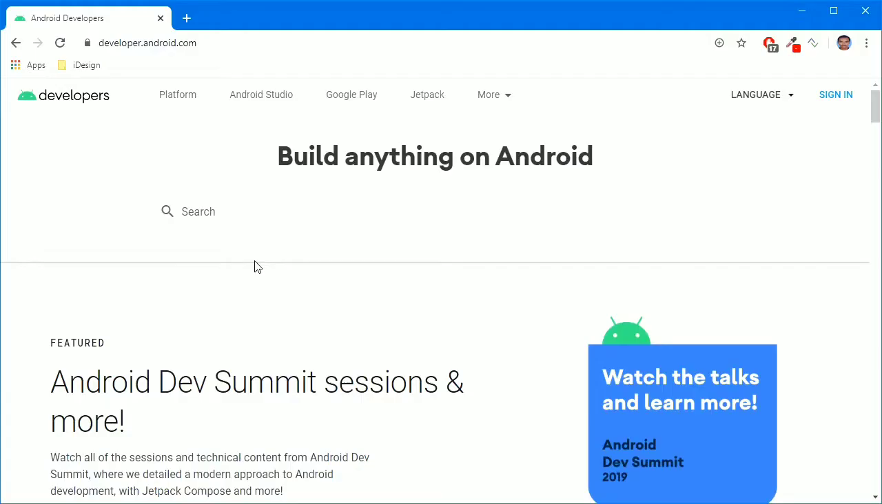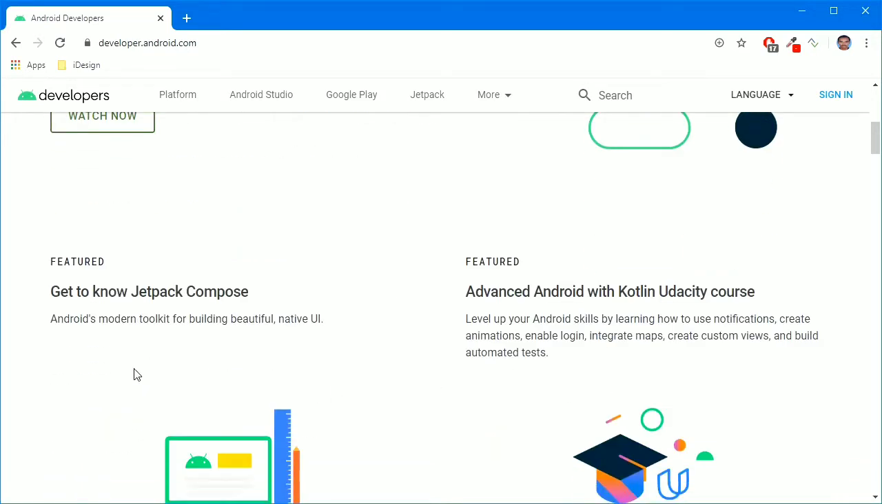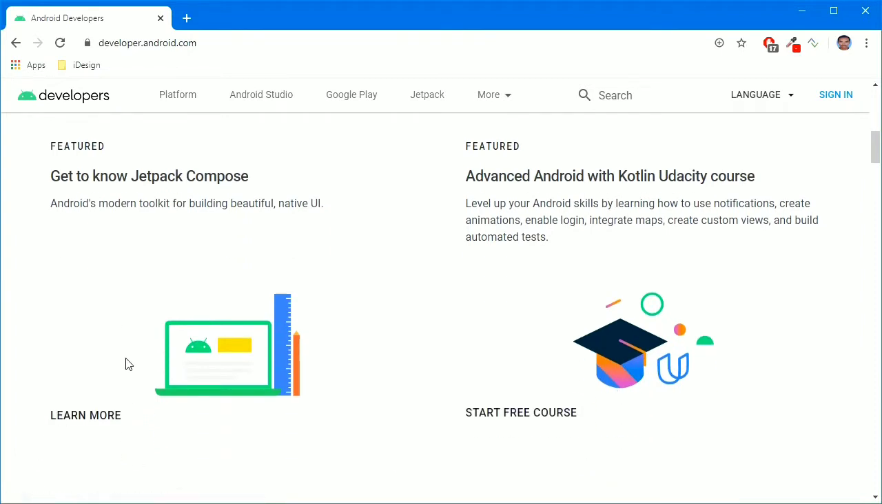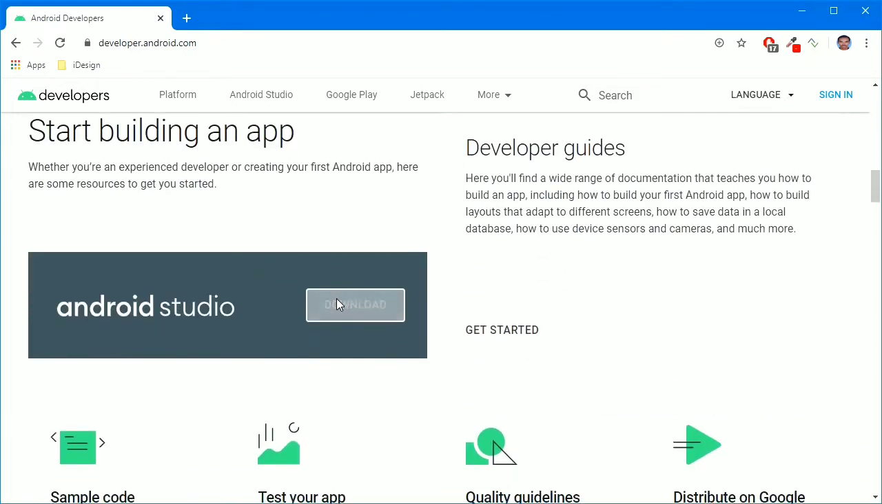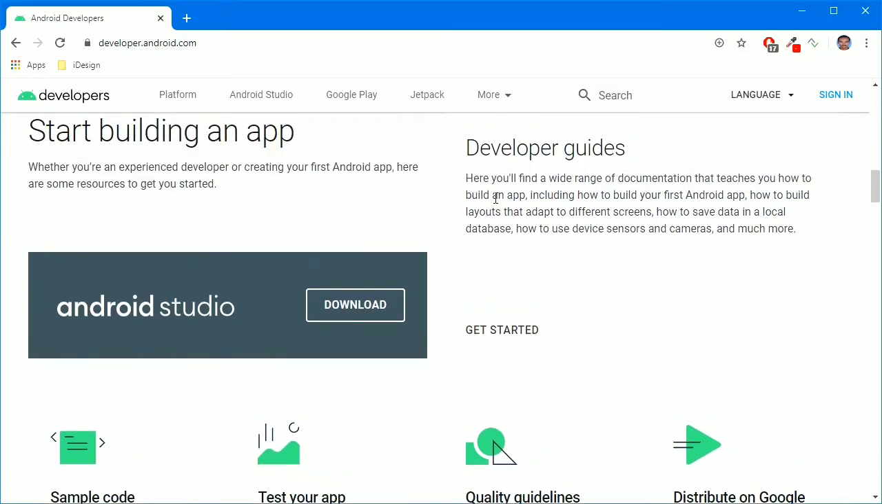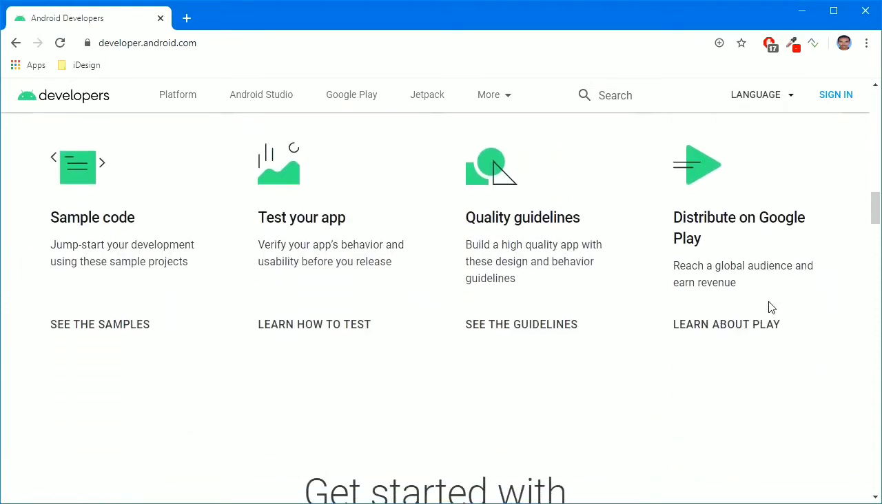Okay, let's see how to set up the Android environment on our system. Just go to developer.android.com. You can see a lot of posts there: Jetpack, Udacity free course. Here you can download Android Studio and developer guides. The developer guides help you learn how to code, how to start with sample code, how to test your app, and quality guidelines from Material guidelines from Google,